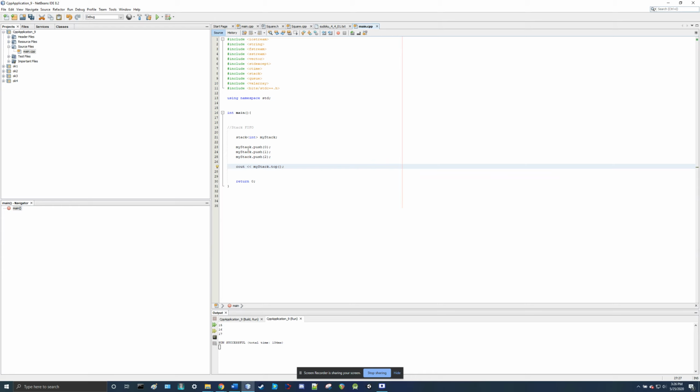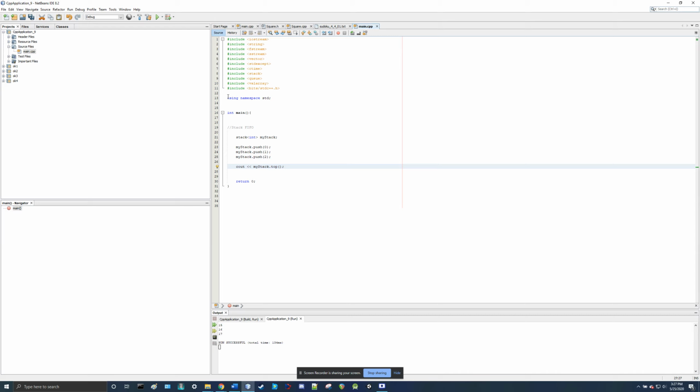That will give us the top value, which in a stack is similar to those trays you get at a restaurant. So you're stacking the first one in was,